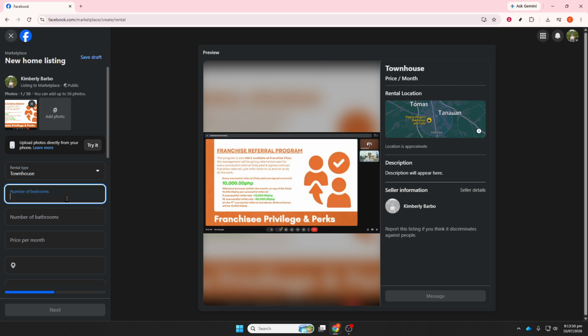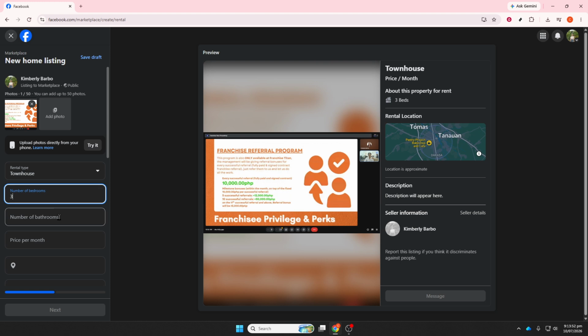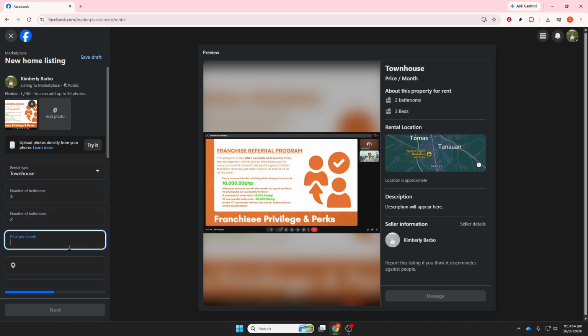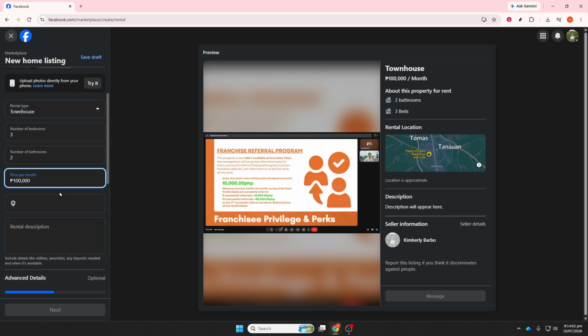This is where you can explain the property features and amenities in a little more detail. You can also mention nearby schools, shopping, or public transportation, along with parking availability and lease terms. If you want, you can also include your preferred method of communication, but avoid sharing unnecessary personal details in the listing itself. Now confirm the location of the property, make sure the map pin is correct, and adjust it if